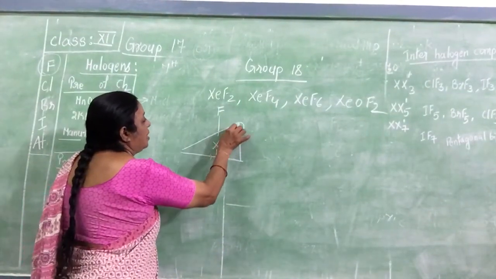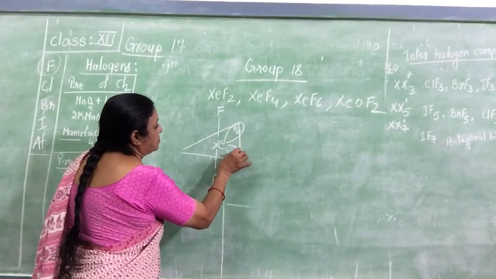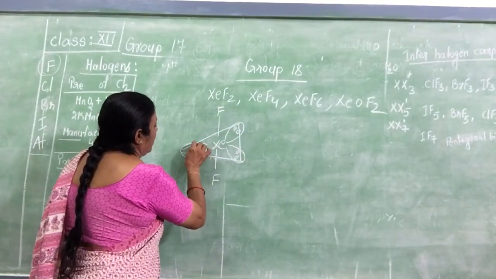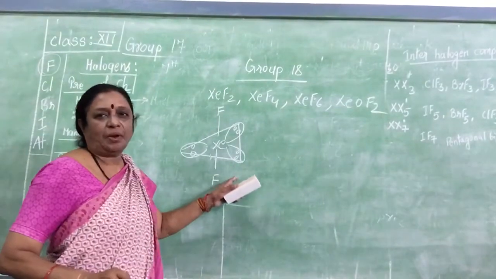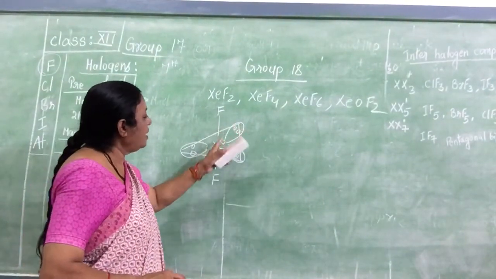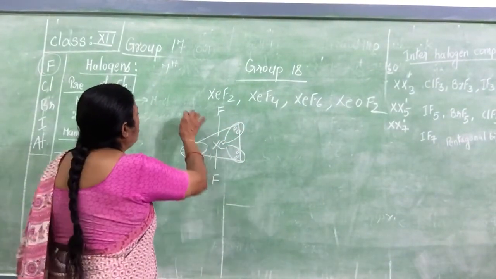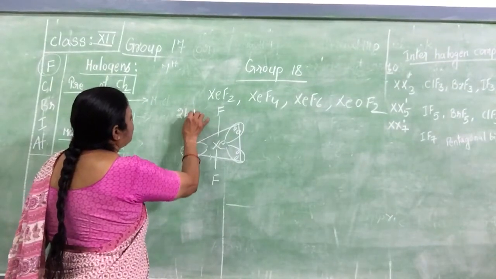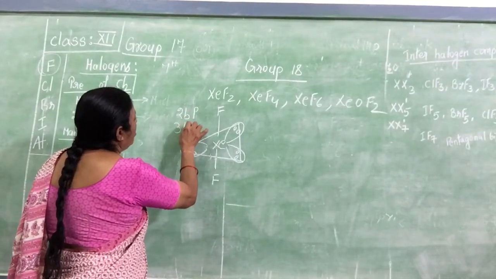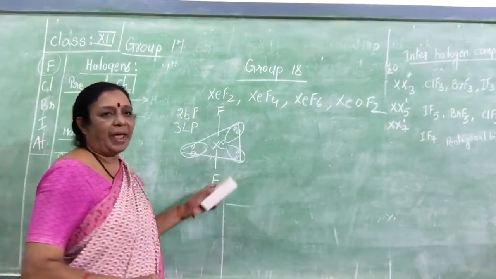electrons are there. Now these 6 electrons, they react in the form of lone pairs of electrons. So XeF2 is having 2 bond pairs and 3 lone pairs. So trigonal, by the